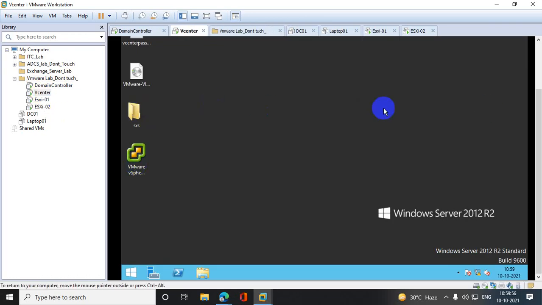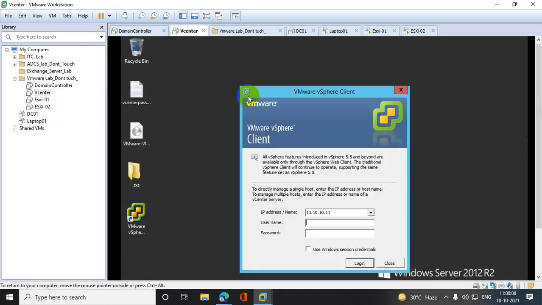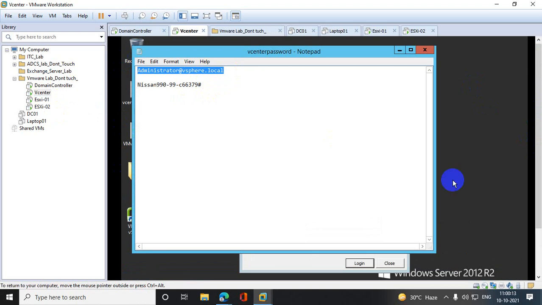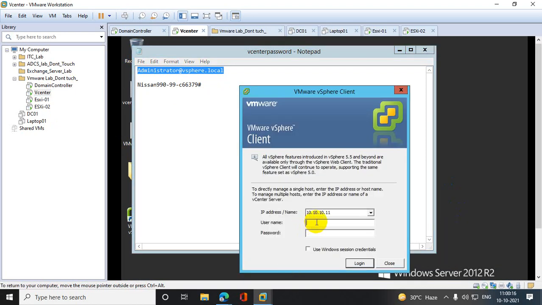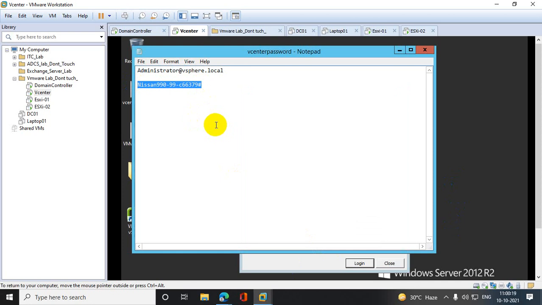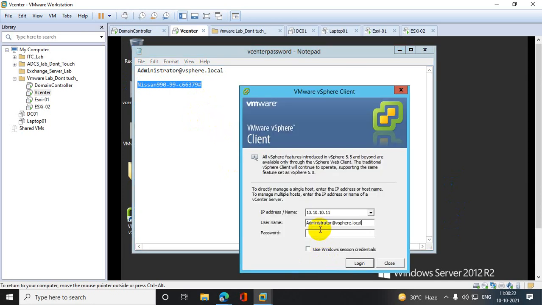Okay. So let's open my vCenter. I'm locally logged in, logging to vCenter server. So let's give the passwords. So first, what we need to do, we need to create the RDM. So let's open that vCenter. Then I will tell you the concept, and then I will show you the practicals.